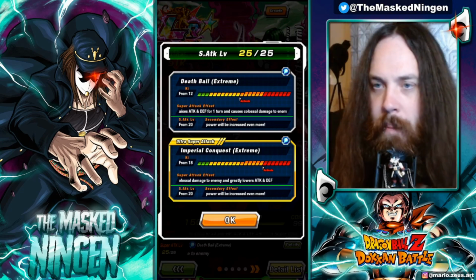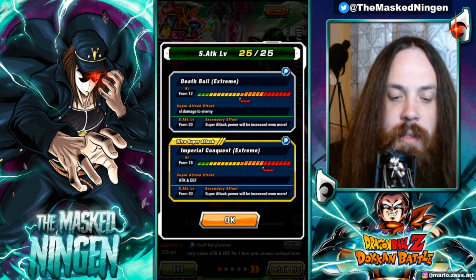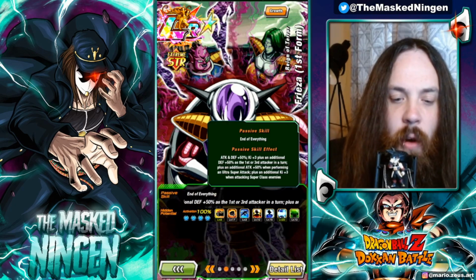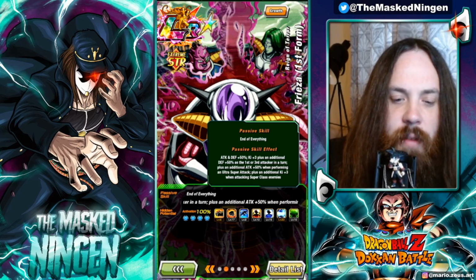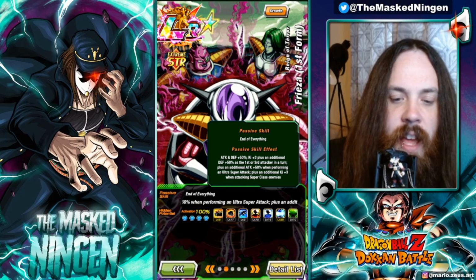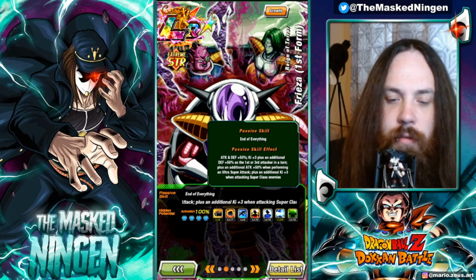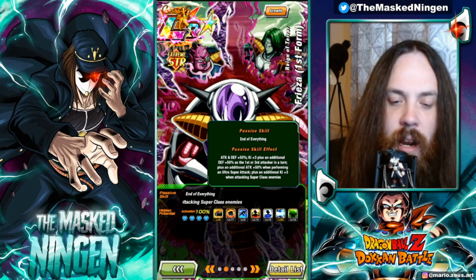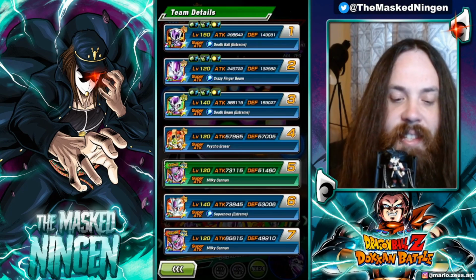So I think if I went back and redid his hidden potential, I definitely would give him some more additional. But remember that he gets an okay amount of attack. It's like 50%, right? It's not a lot. But he gets 3 key and an additional 50% as the first or third attacker in the turn. He gets attack 50% when performing an Ultra Super. And he gets an additional 3 key when attacking super class enemies. So if you're attacking a super class enemy and you're in slot 1 or 3, he gets 6 key,